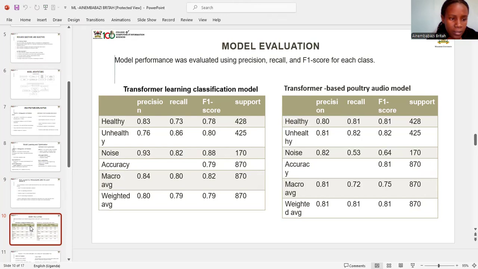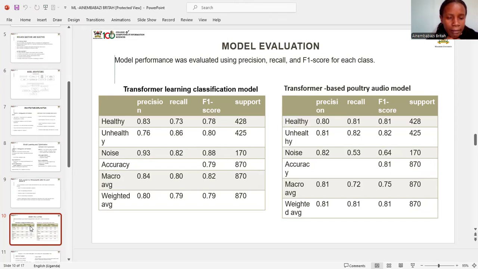Accuracy measures the overall correctness of the model's predictions. Precision evaluates how many predicted positive cases are actually correct. Recall measures the model's ability to detect all the actual disease cases. Lastly, the F1 score provides a balanced measure between precision